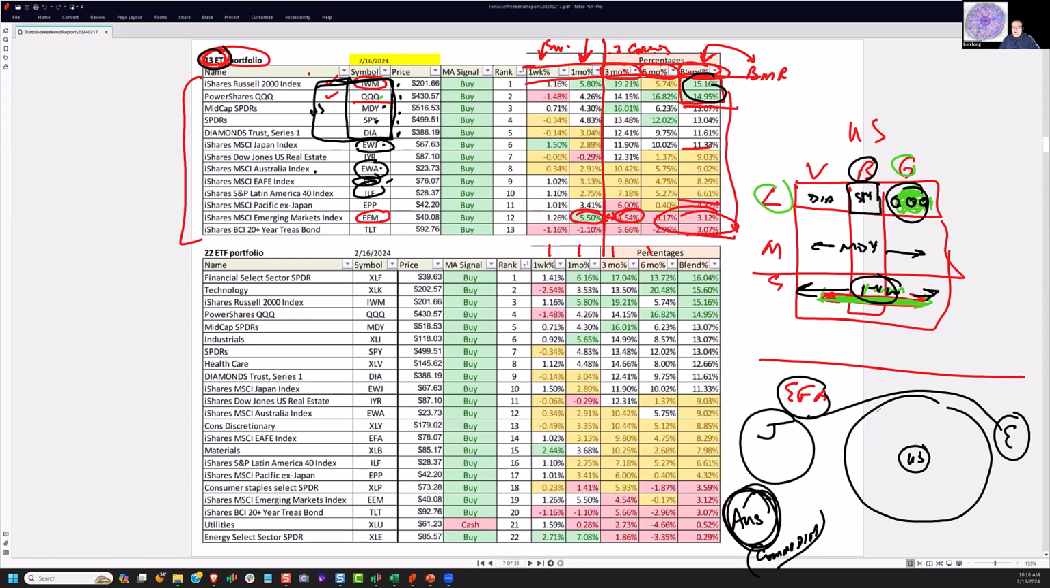I have Latin America to represent the Western Hemisphere. So it's Western Hemisphere. It's not the US and it's not the Euro Asia mix. I have EPP, which is Asia less Japan. So I can distinguish in terms of Asia, Asia or Japan. And then I have treasuries